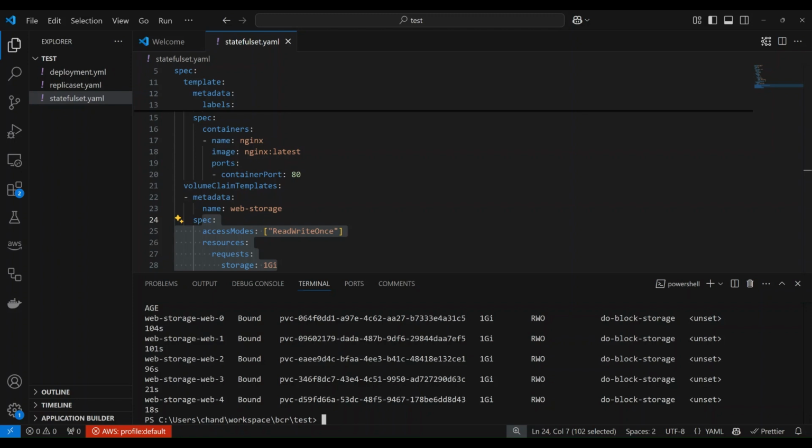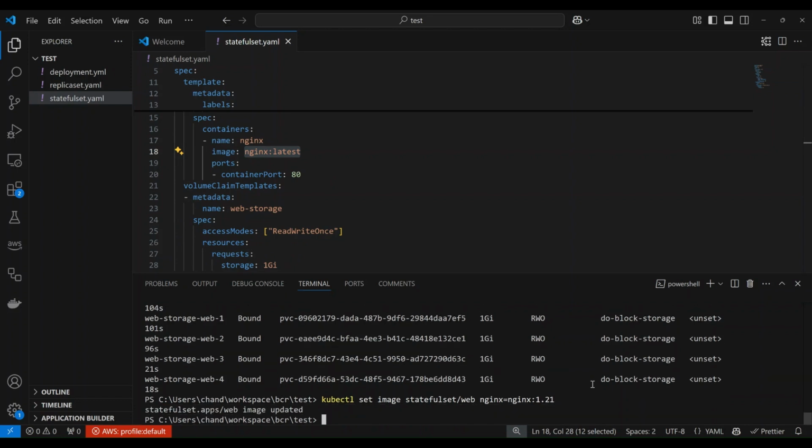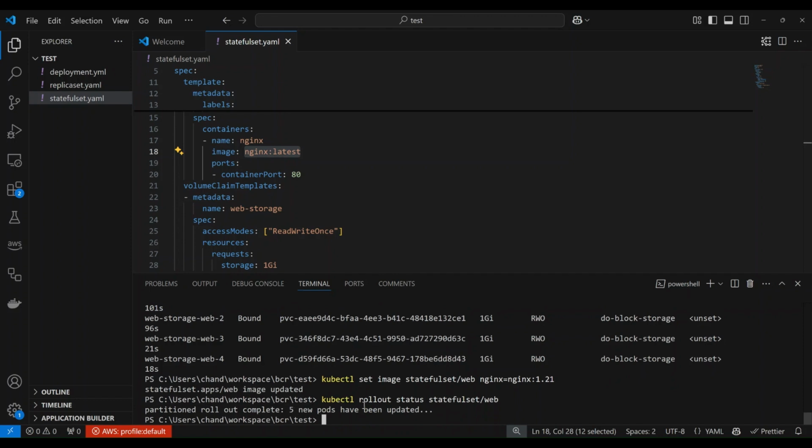Now let's do a rolling update. In this case, I want to update this container from nginx latest to nginx 1.21. The moment I do, the stateful set will automatically do the rolling update, and then I can check the status as well. And it says 5 new pods have been updated. Just to be sure that my pods are correctly updated,